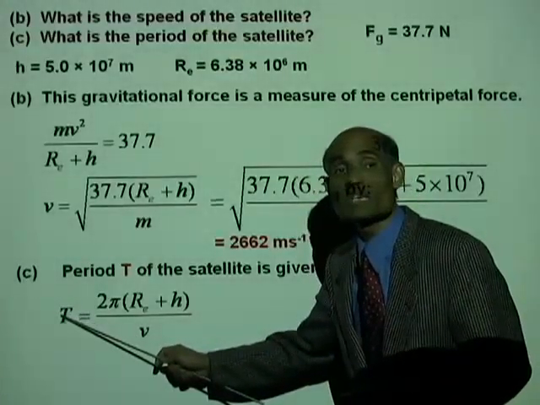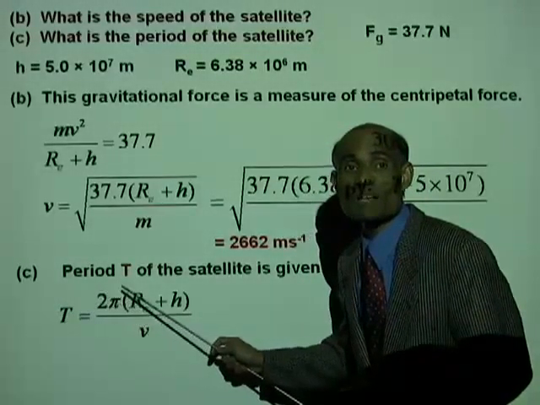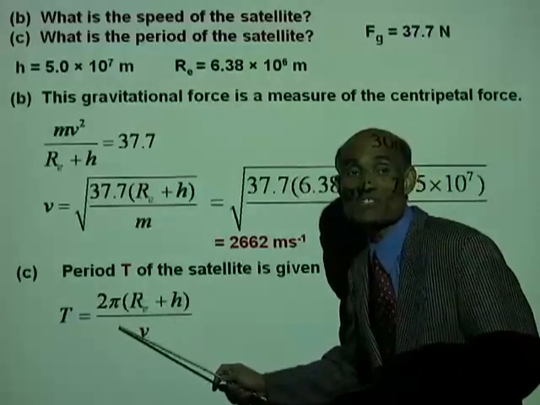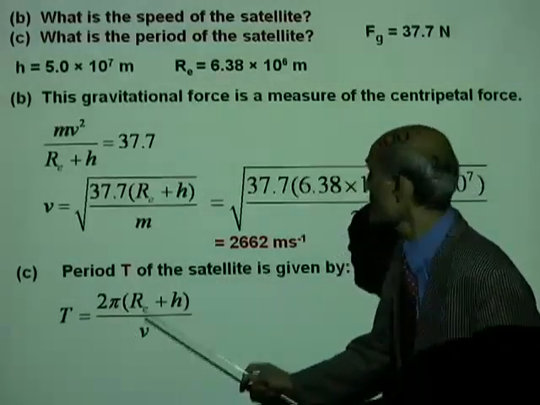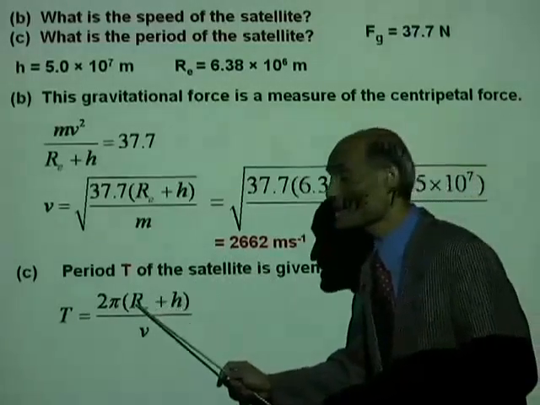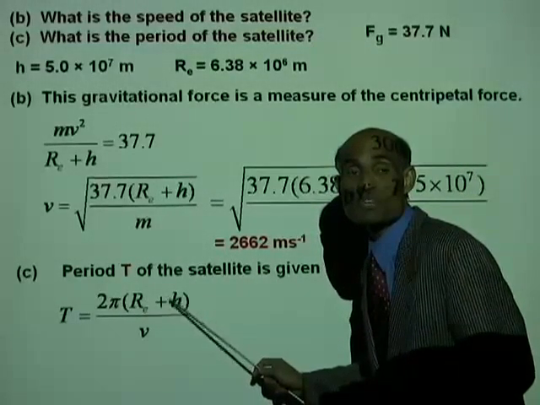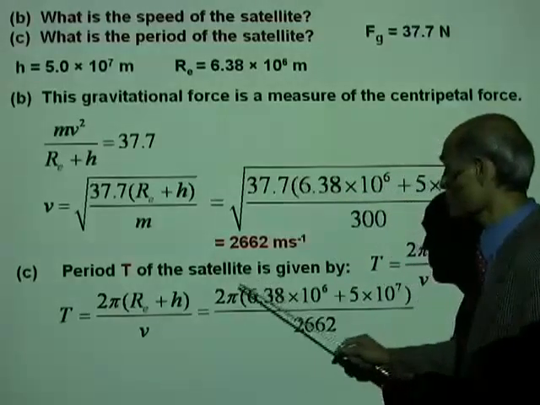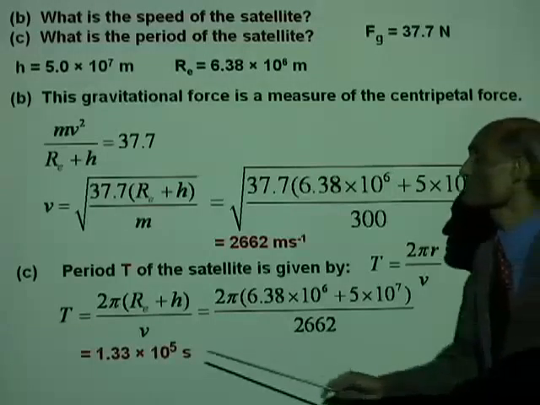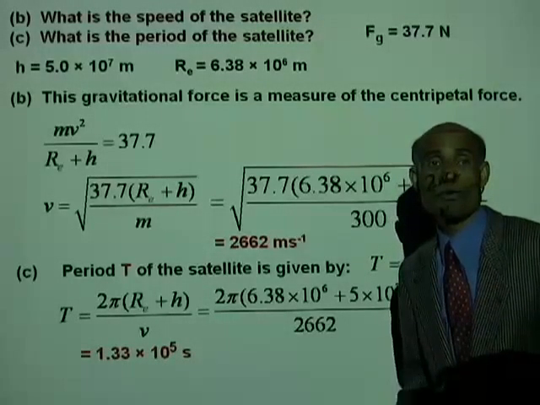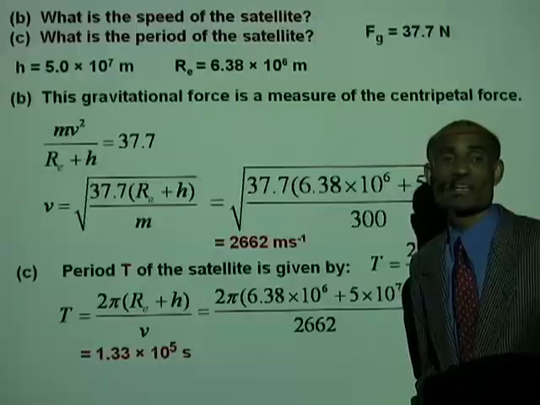So the period T equals 2 pi times R E plus h over v. We know all these quantities. v we just calculated. Radius of the Earth we know. h we know. Therefore, use all those values, and that gives you the period is 1.33 times 10 to the